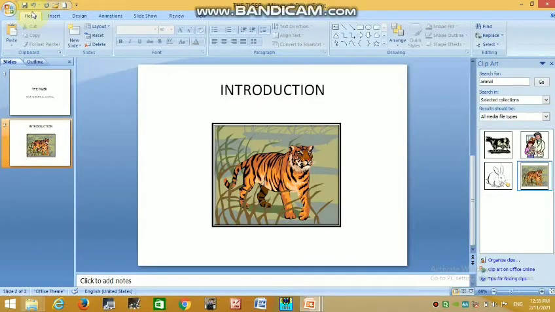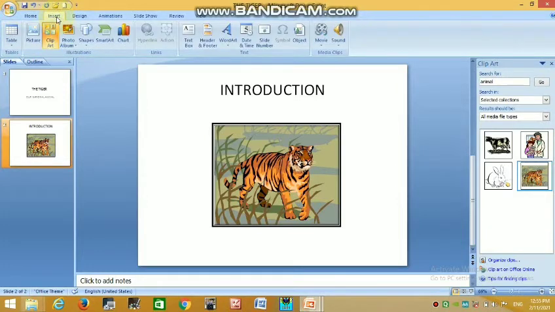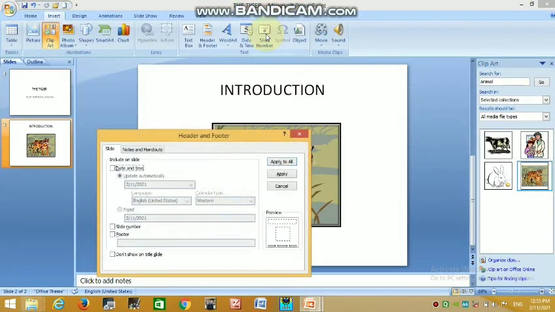After formatting our slide, we can give a slide number, date and time, header, footer. So click on Insert, and this is the slide number option. You can see this type of dialog box. Now click on slide number. This is a preview where you give your slide number. With the help of this you can give a slide number,